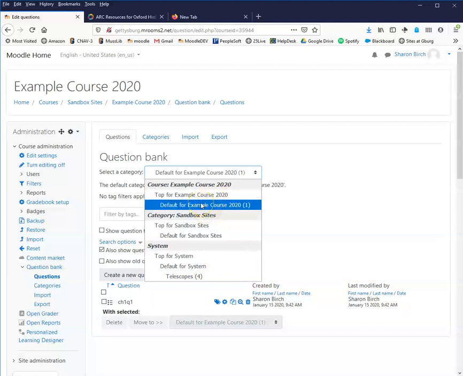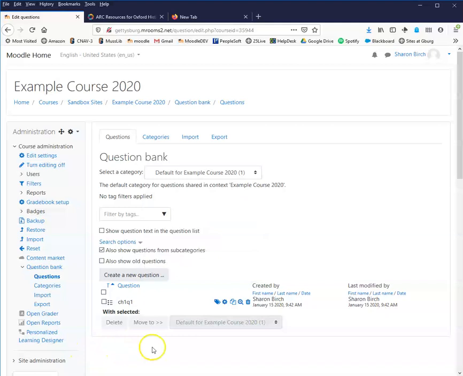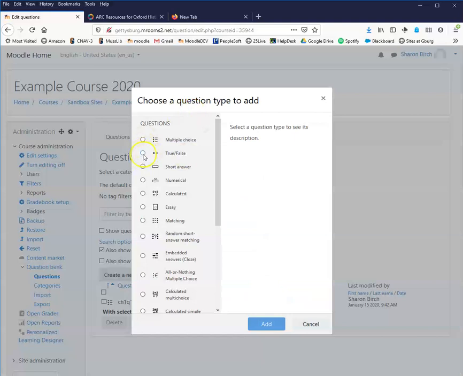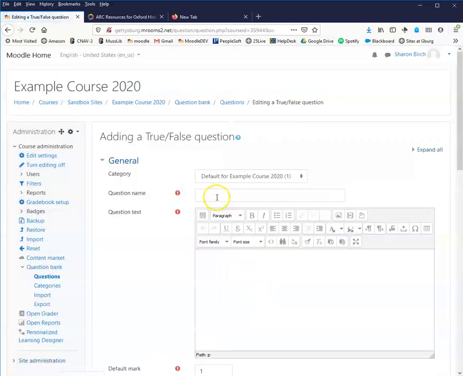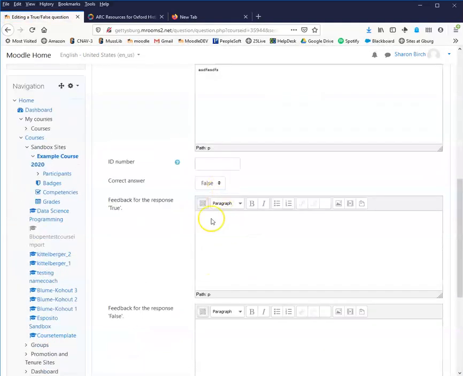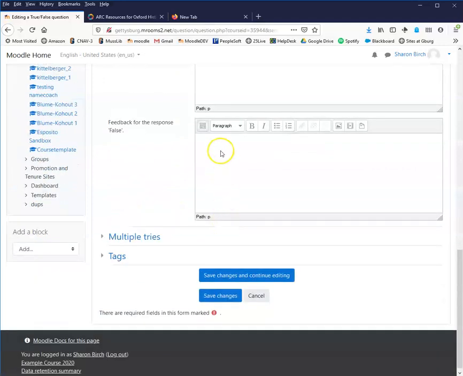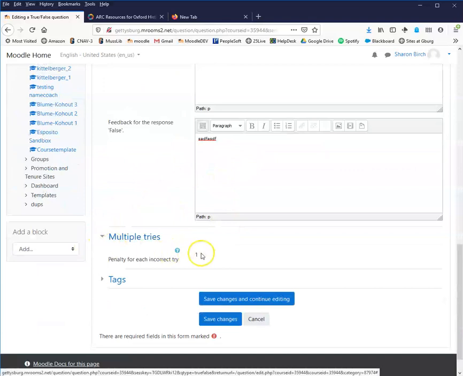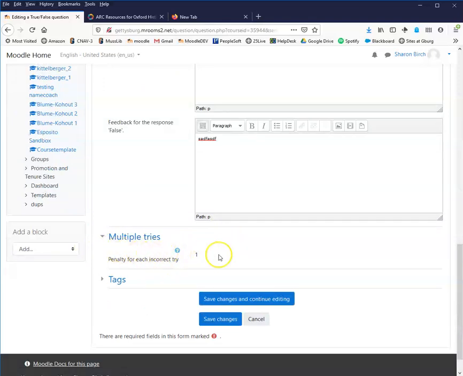All right, so with very little to choose from here already, I would need to create some new questions. I can either just start building some new questions, create a new question, and make some new things. And I'm just going to do a really quick true-false here. Maybe this is question bank 1, question 1. Text. This is going to be a true, false, some general feedback. The correct answer is false. Feedback if they responded true, feedback if they responded false. Am I going to let them do it multiple times? Right now,